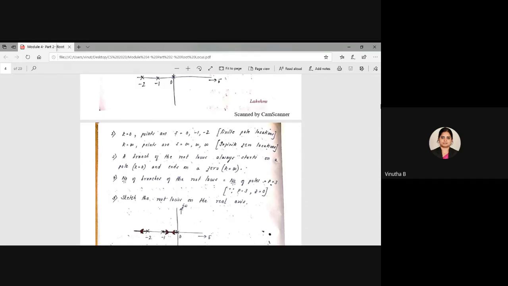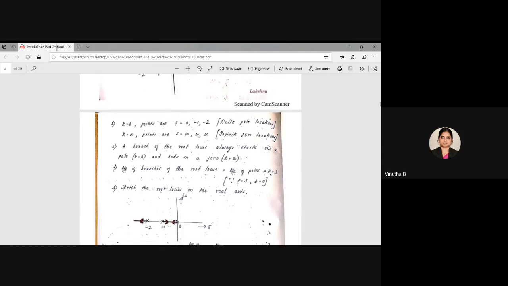Now, if you look at the second step, k is equal to 0 indicates what? The points where the poles will emerge, isn't it? So the points where the poles will emerge are s is equal to 0, s equal to -1, and s equal to -2. Those are called finite pole locations. Then, since we do not have zeros here, each of these poles should have an end, or a zero, which is present at infinity.